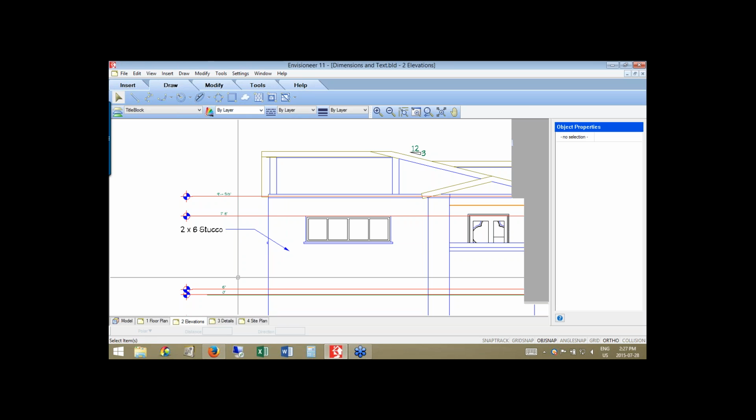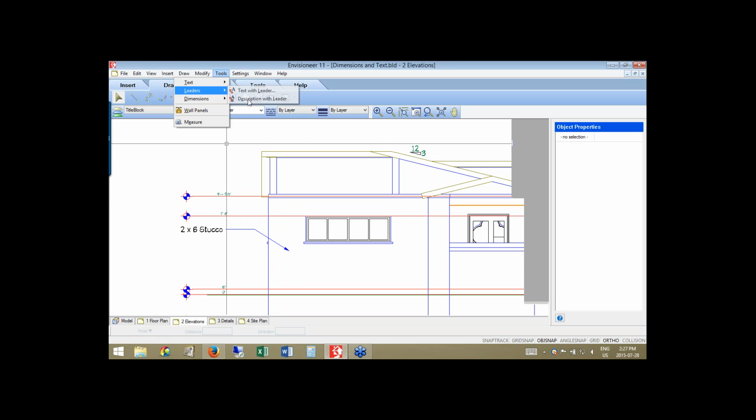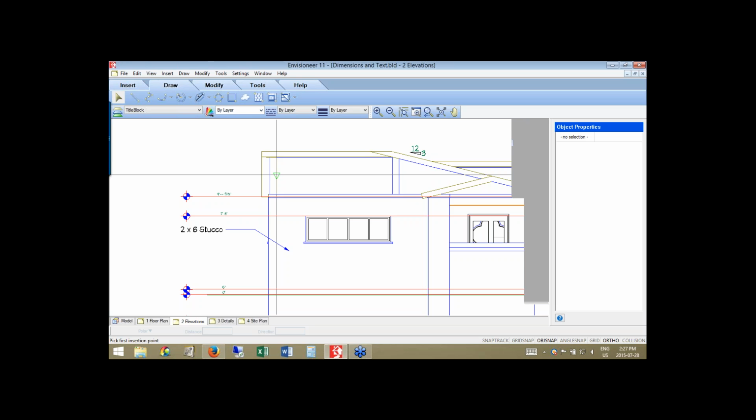It looks at the description of what you put in. Let me profile that to you one more time. I'll go back up to Tools, Leaders, Description with Leader. This time I'm going to pick on this column that I've drawn, left-click. I left-click to say I want it to point here at that column. I draw where I want that arrow to stop, and left-click where I want it to go, and it automatically